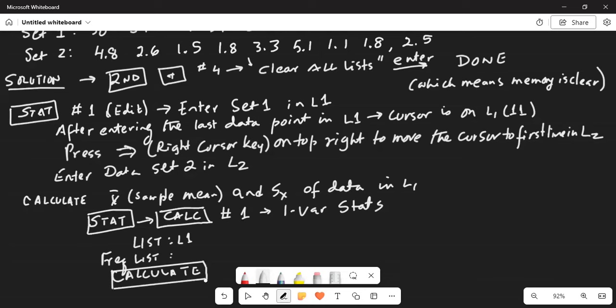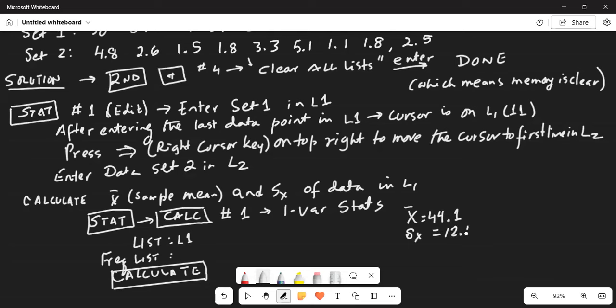Put the cursor on calculate and hit enter. So you note x bar is 44.1, that is the sample mean, and Sx is